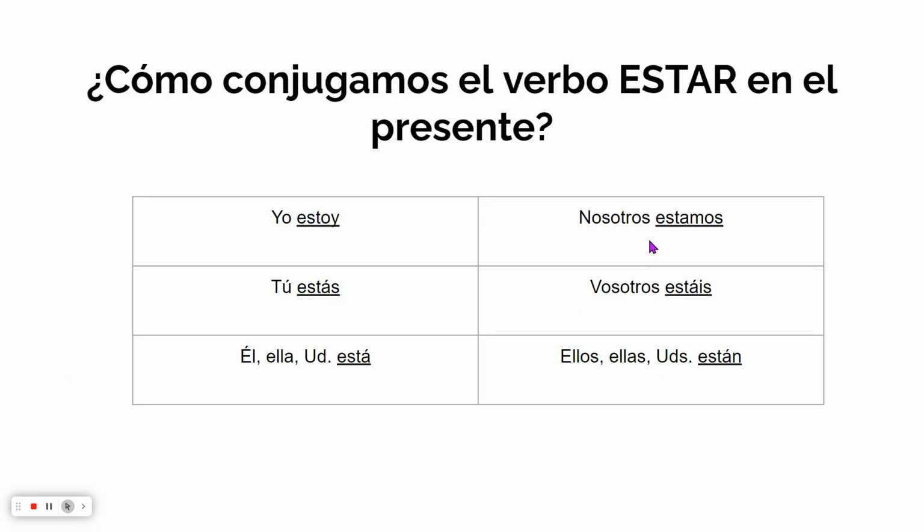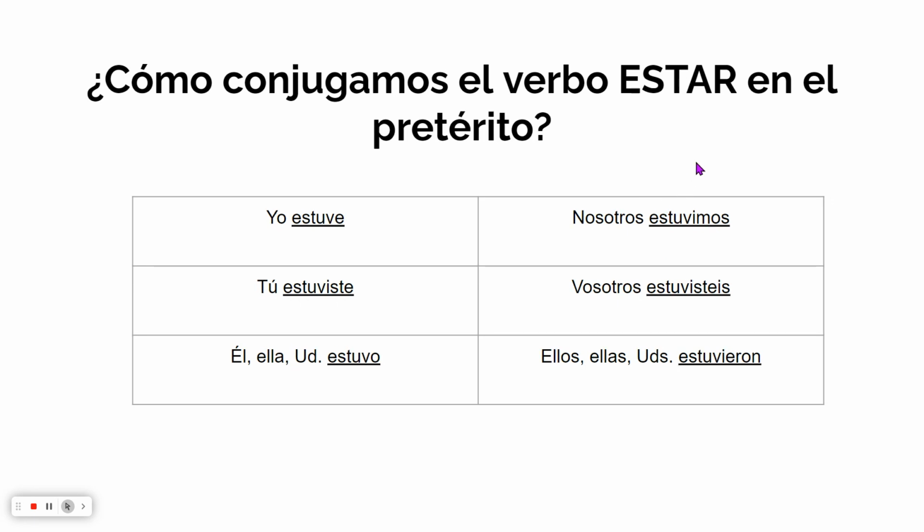Moving on to ESTAR. So ESTAR, as you'll see here, has some irregularities in the present tense. It's irregular in the preterite, and completely, totally, and utterly regular, normal, and boring in el imperfecto. So we have in el presente, yo estoy. Tú estás, make sure you get that accent on the A, because if that accent is not there, it means these. Él, ella, or usted está. You need the accent because without the accent it means this. Nosotros estamos, vosotros estáis, and ellos, ellas, or ustedes están.